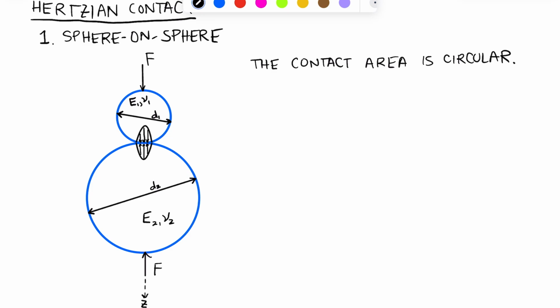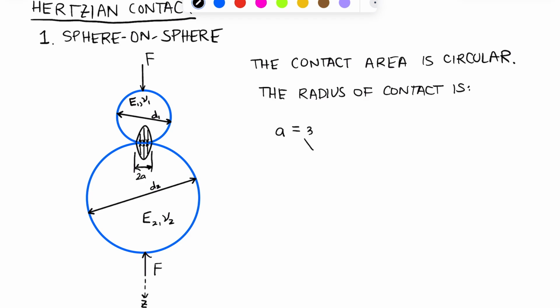The radius of contact, so the radius of that circle, is a. I forgot to label that on our drawing here. Let's add that now. So this dimension is 2 times a,